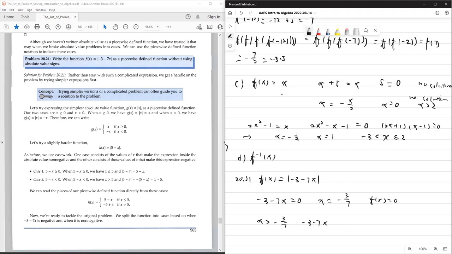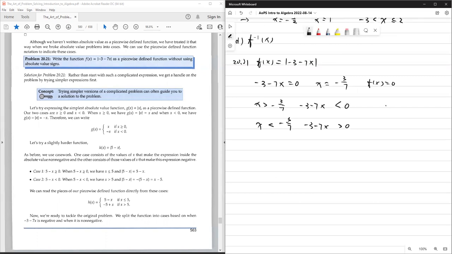Sorry, -1 is less than it. If I pick 0, this is less than 0. Okay, if I plug in 0, it's less than 0. Sorry, momentary brain freeze. If this is less than -3/7, then this whole 3 + 7x is greater than 0. Okay, so what happens is,